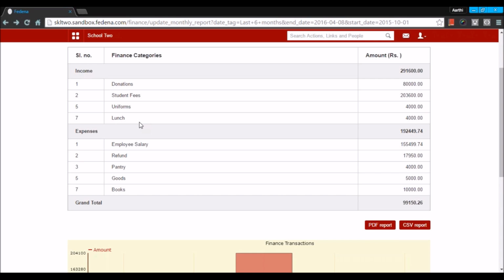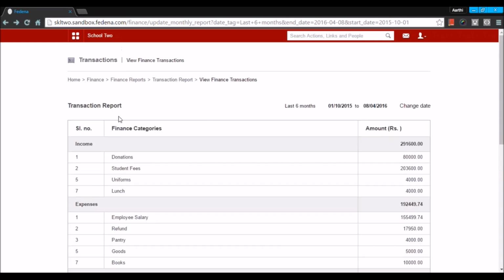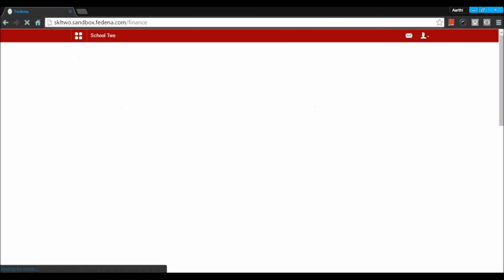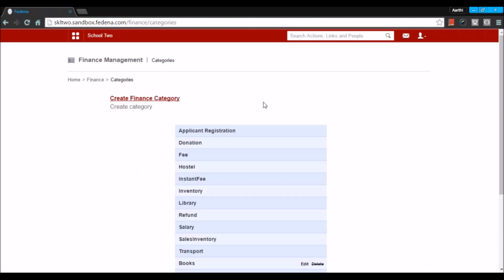So where do these come from? That would be the question. Going back to the finance module, you can go to the category and you see these are the inbuilt categories that are there in Fedena. Fedena provides you with a few inbuilt categories where the finance transactions can be automatically traced down, like